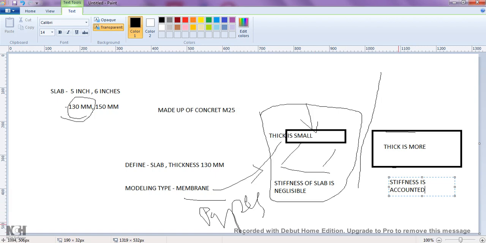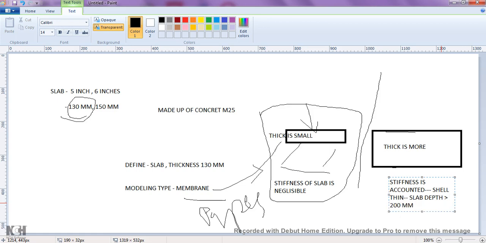Understood? And this one on the right side we can model as shell thin. Shell thin is used for slab depth approximately greater than 200 mm.